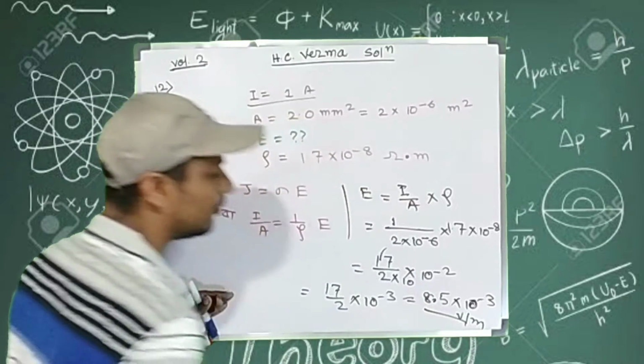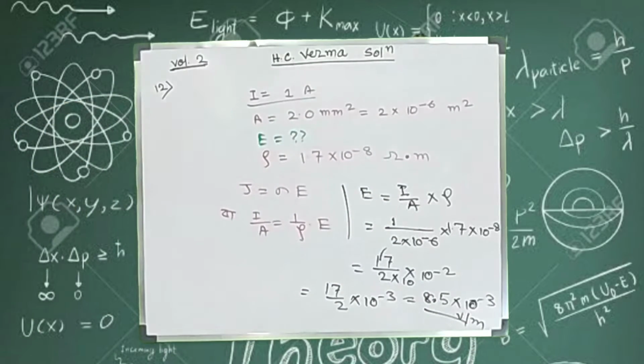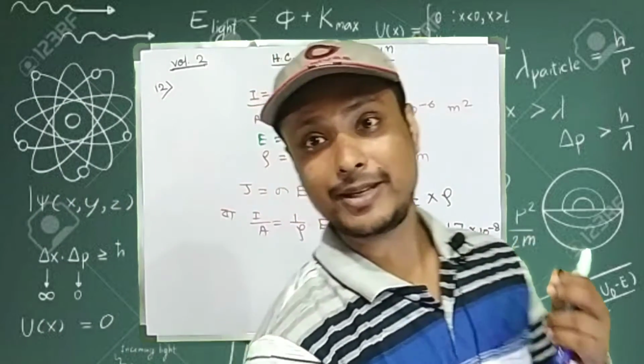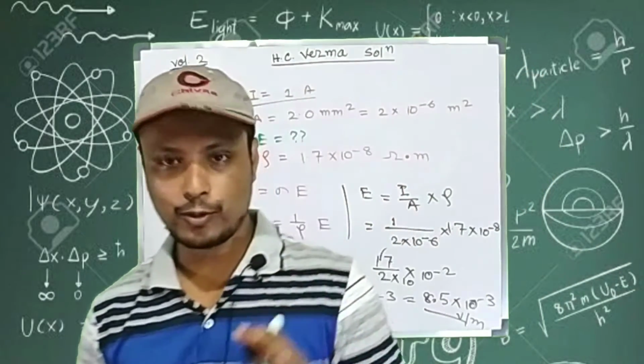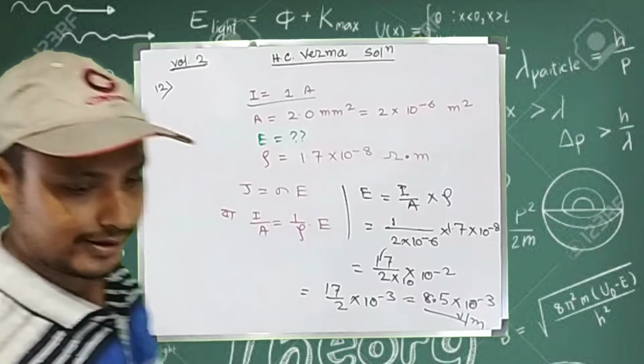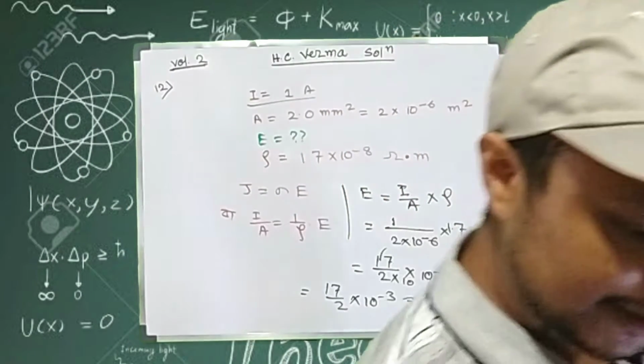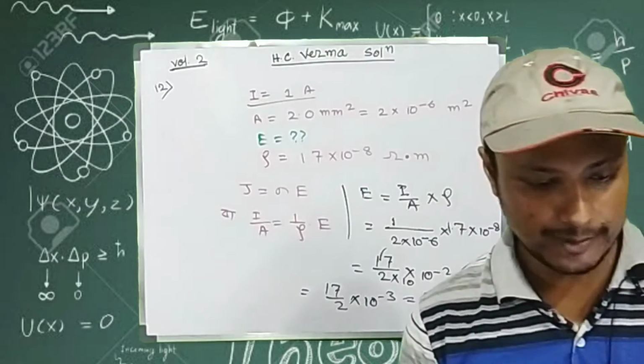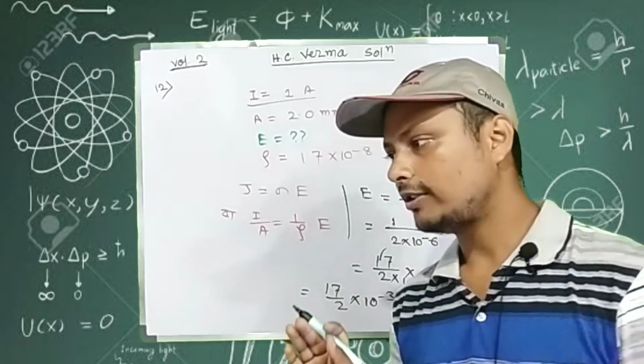So this is the value of the electric field, 8.5 into 10 to the power minus 3 volt per meter. This is how we can find the electric field from the given data. This is very much important, and you know the HC Verma